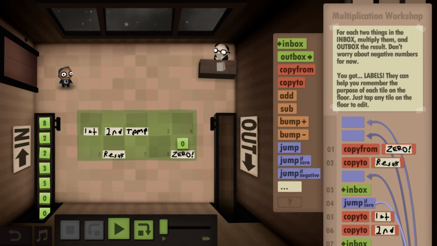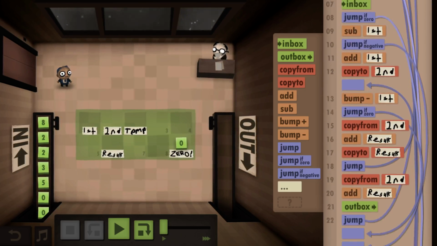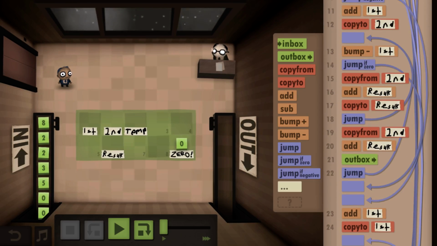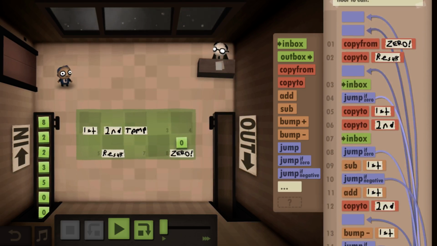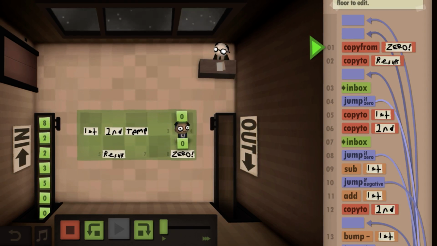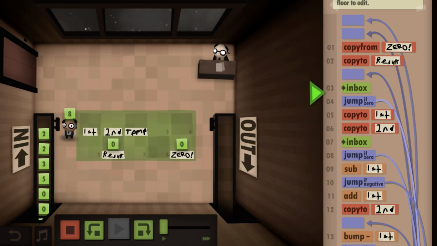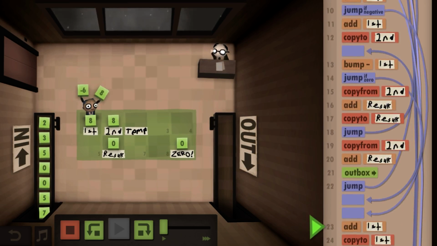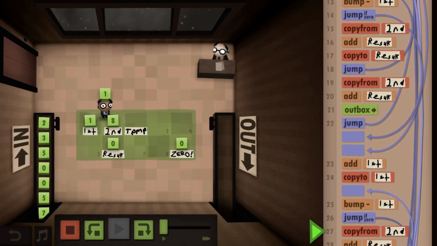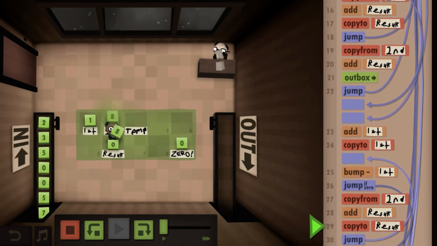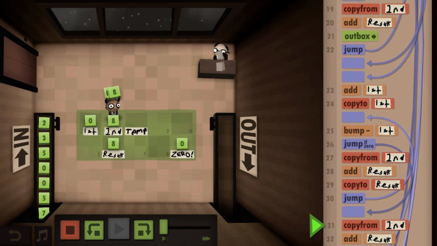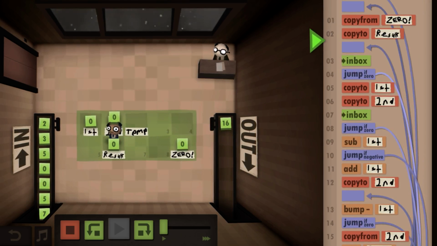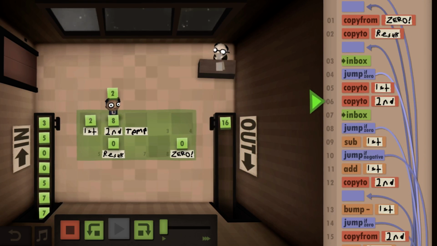So this is the problem with optimizing your code, or just programming in general: you'll start to have bits of code that are not labeled at all and you just don't know what they're doing here. So we're getting tricky here. We're going to put the 8 in first and second. Then we're going to subtract the 2 from the 8. If it's negative, we're going to put it in the first. If it was positive, we would have put it in the second, then begun the math. So that saves us a couple steps as far as what we need to do.